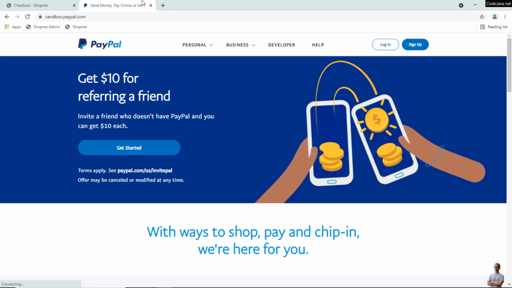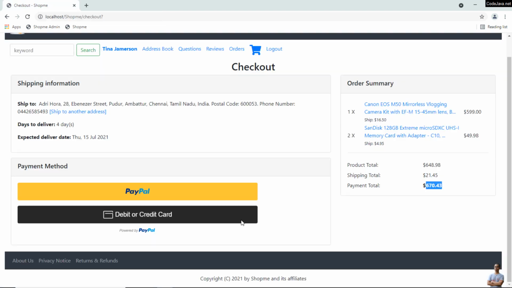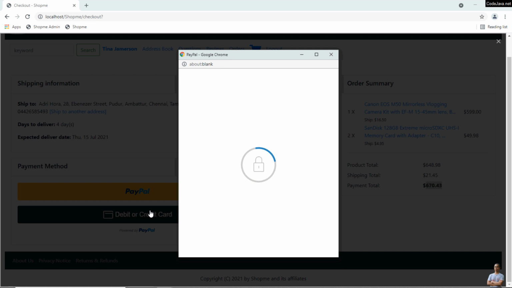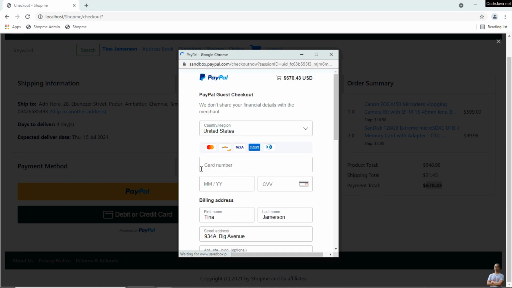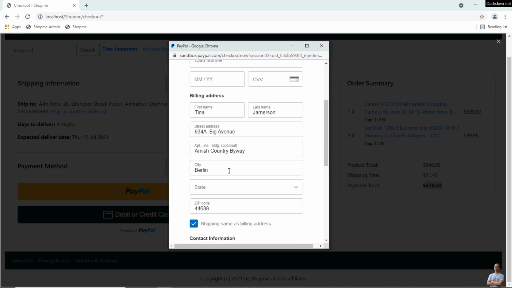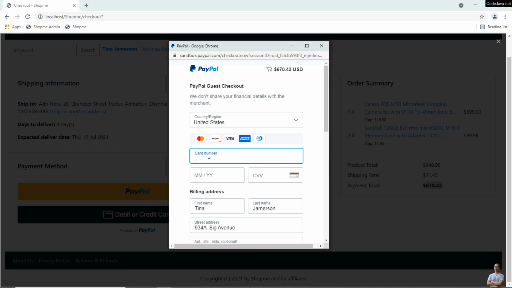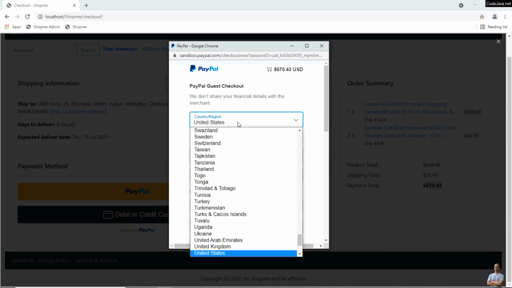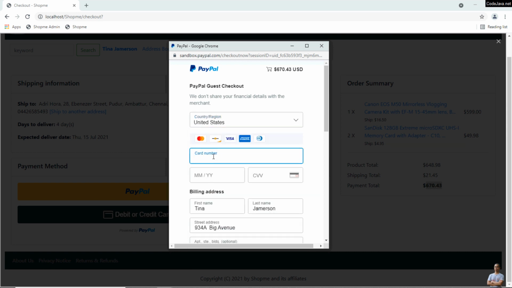Log out. Now I will test making payment using credit card. So click the button debit or credit card on the checkout page here. And you see, it opens up a pop-up dialog. And I need to enter my card information here. So I enter the card number, select the country here, and the card number